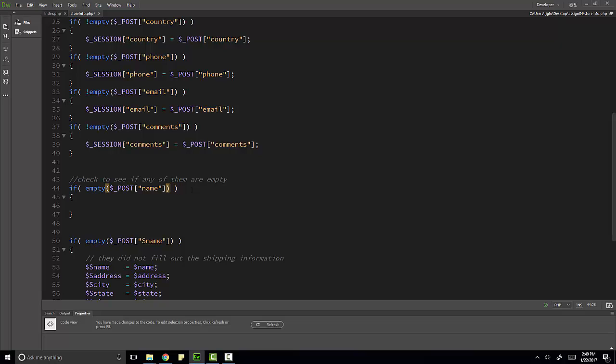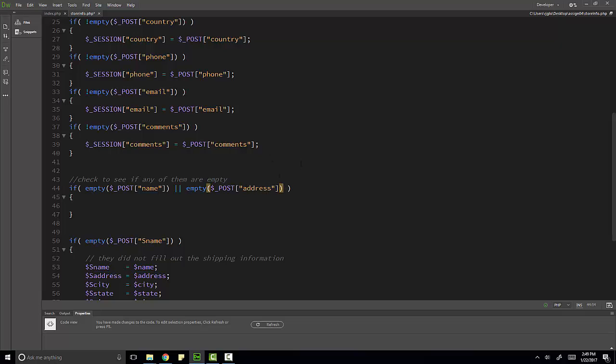So there's no exclamation point there. But I want to do it for all of those, and there are 9 of them. So I'm going to do a double pipe, which is a logical OR, and I'm going to paste it again. So I'm going to say, if the posted name is empty, or